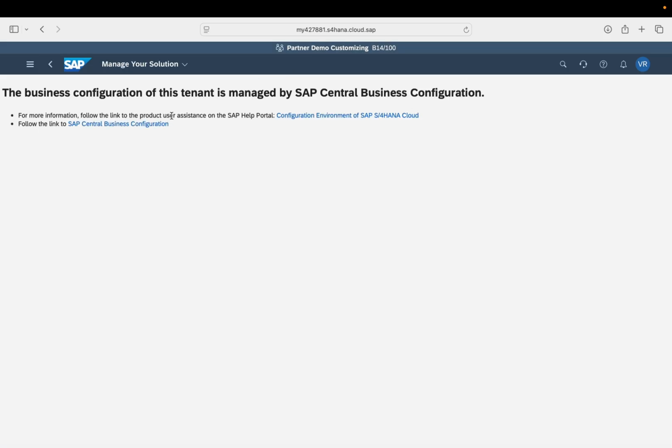It will open the CBC, Central Business Configuration. It will open the link for it. Just click on this second link, SAP Central Business Configuration. Once you click, it will redirect you to the CBC configurational main screen, where you can perform all the configurational activity in SAP Public Cloud.